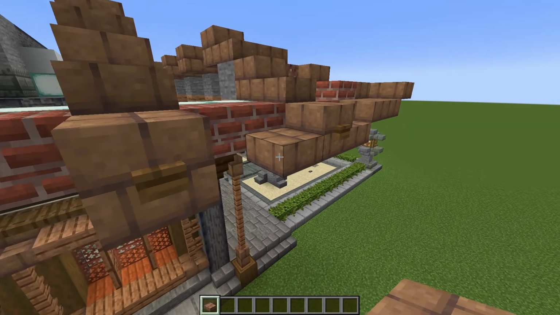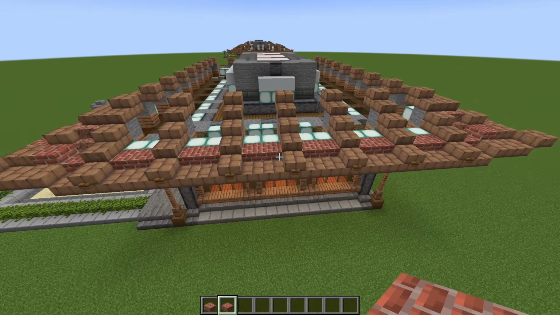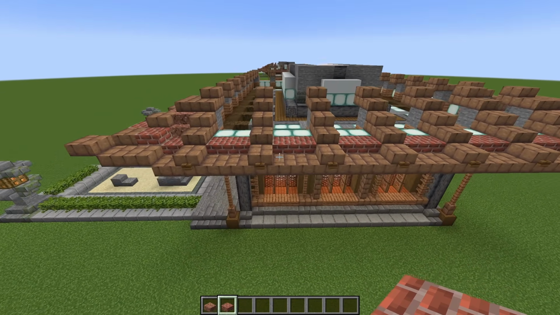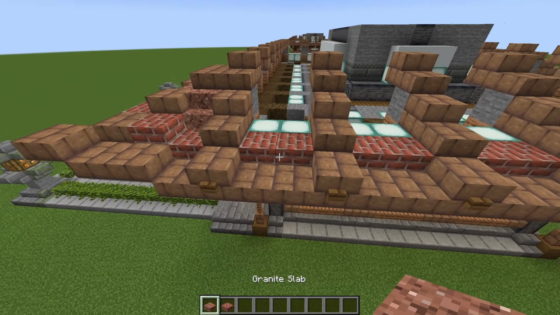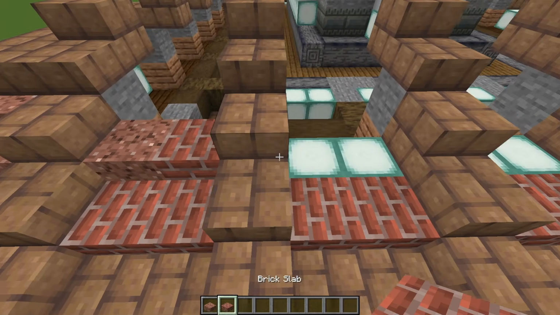So run around the building, putting all of these in. Okay, now I want you to come along to one of the shorter sides. And what I build here, I want you to copy to the opposite wall, so just on the two side walls. So on the first sea lantern, we're going to place a granite slab, but then after that, we're just